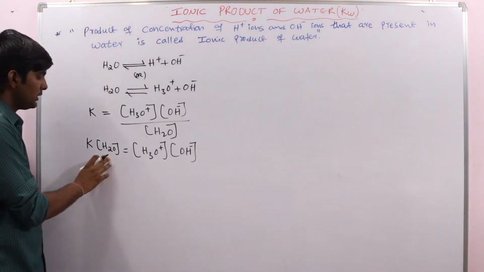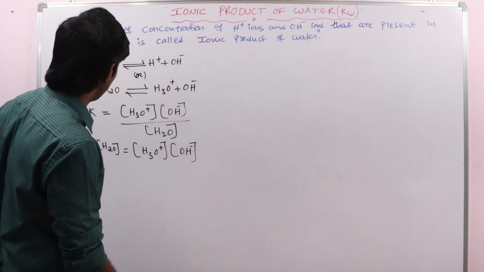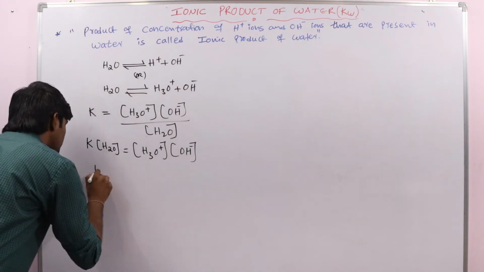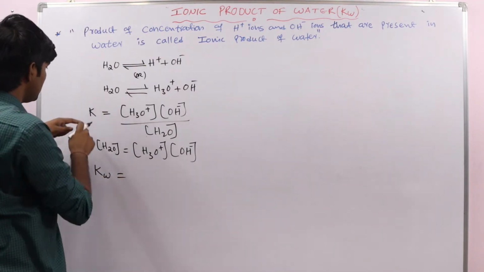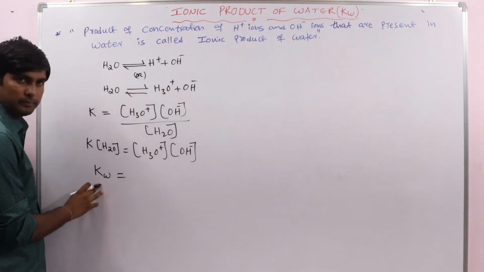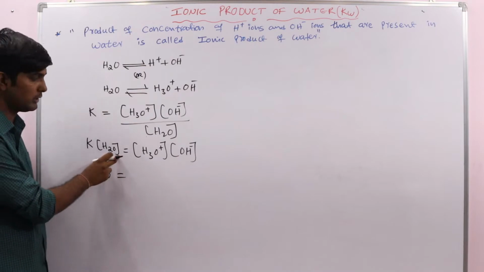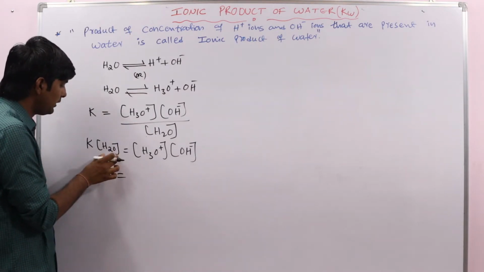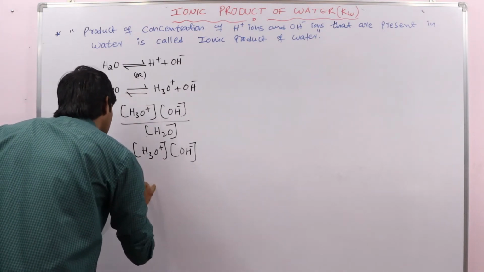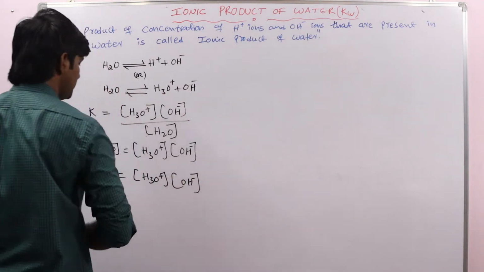Here, this is a pure liquid and its active mass is constant. Yes or no? The active mass of a pure liquid is constant. So constant into constant gives another constant, that is the ionic product of water. It is an equilibrium constant for this equilibrium, and Kw is the product of the equilibrium constant and the water concentration present in that system. Both are constants, so these two give a new constant, that is Kw, equal to the concentration of H3O plus into the concentration of OH minus,